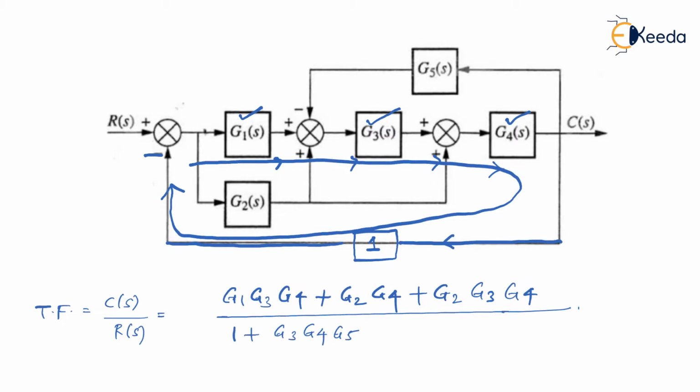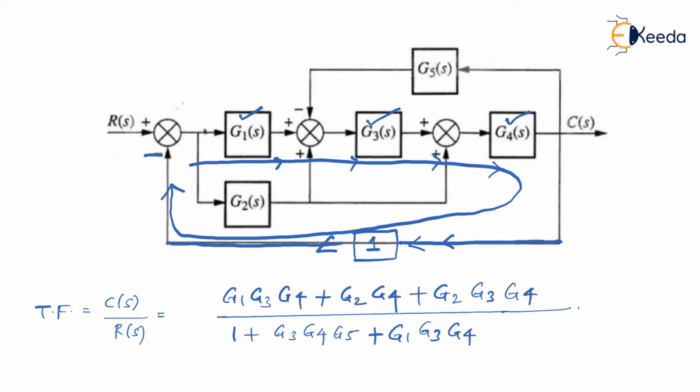So let us take care of this now. Since we got negative feedback, let us write plus. So look at the blocks which are ticked now. It is G1, G3, and then G4. And then it is getting back through the block having transfer function equal to 1 to the summing point. Am I right?